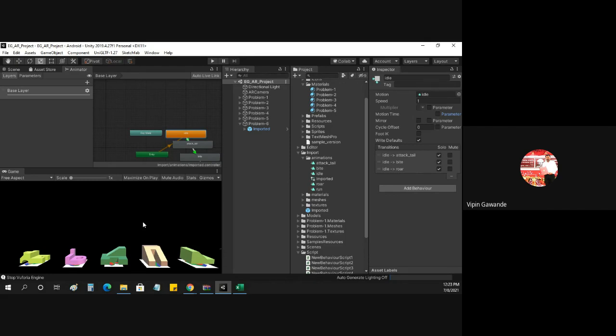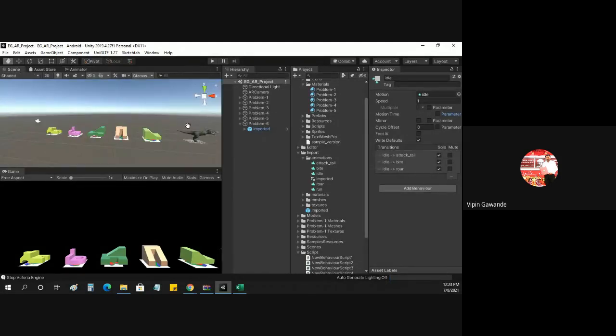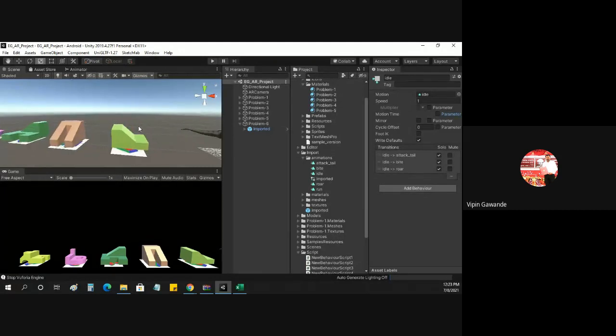Whatever the document is, take a printout of it. Otherwise, if a printout is not possible, open that PDF on another phone, because we have to scan the images. When you scan that image, the three-dimensional object, that 3D image, appears on your screen like this. These three-dimensional objects will appear on your screen, something like this.